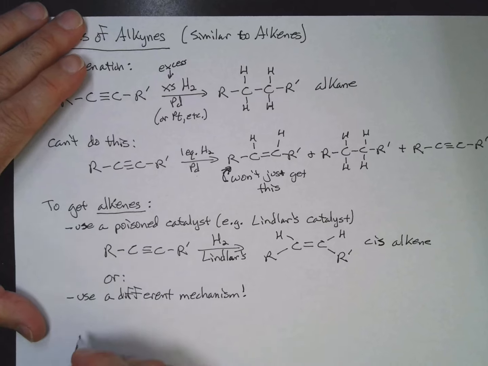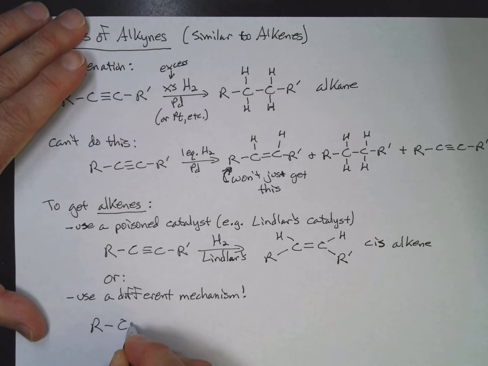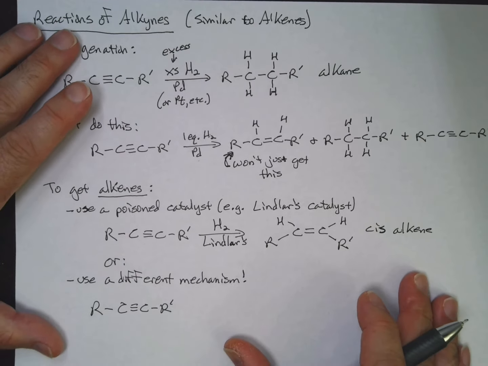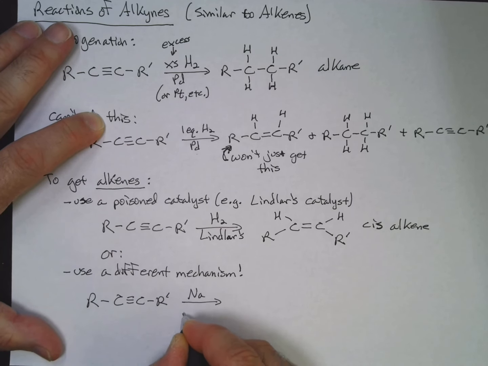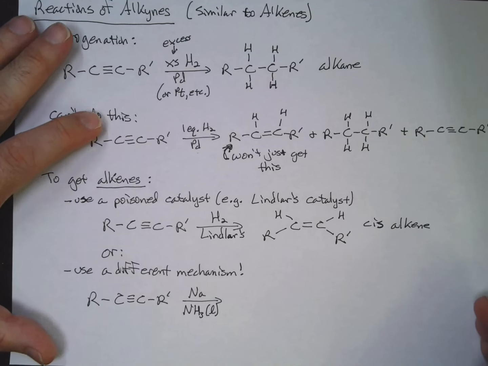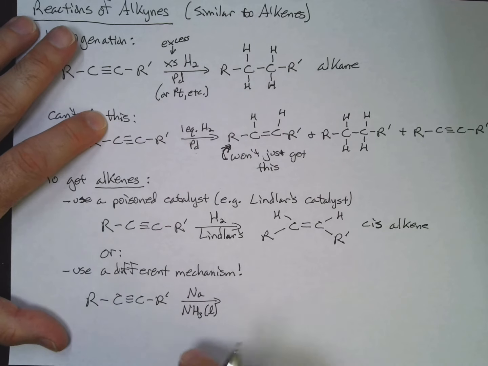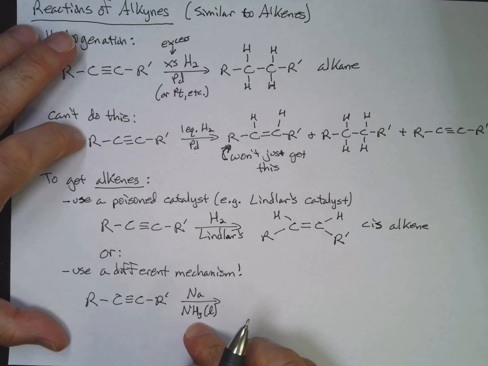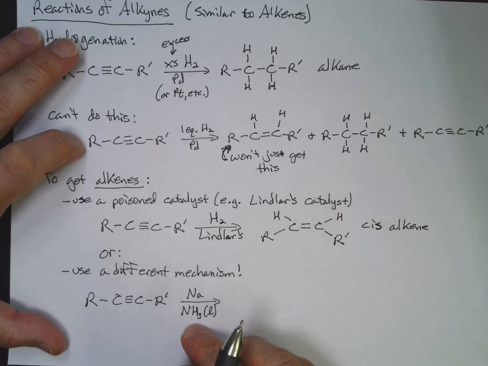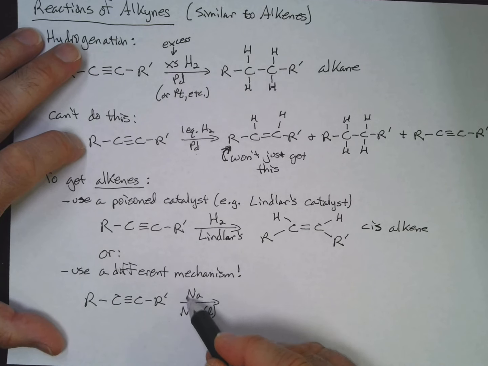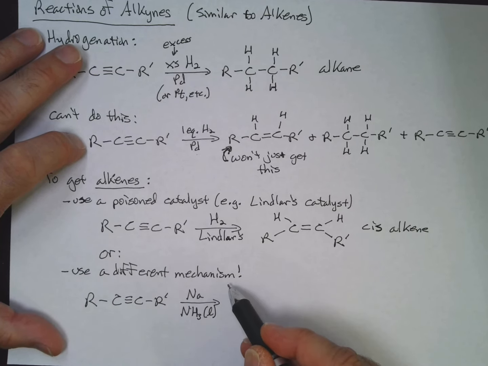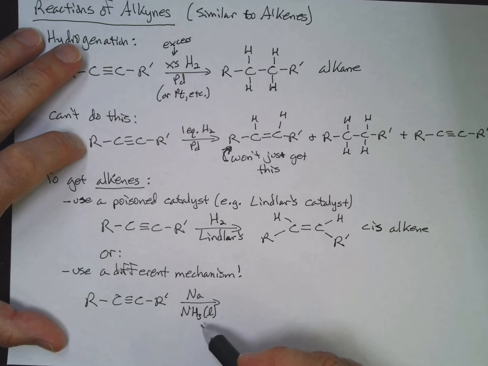And what this involves is what we would call a dissolving metal reduction. We'll go ahead and use sodium, and we will dissolve it in ammonia. I know, these are some crazy reagents. Liquid ammonia, so you have to do this at low temperature or high pressure, or both. And sodium, and what happens is that the sodium in the liquid ammonia gives up an electron, and basically you